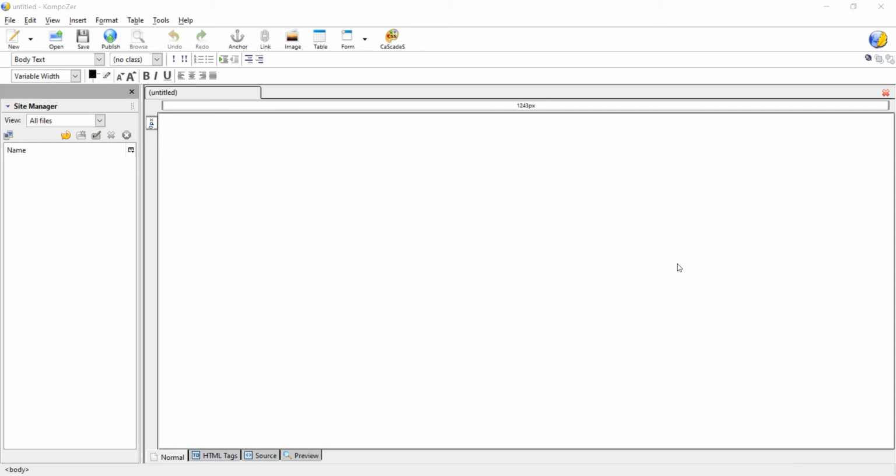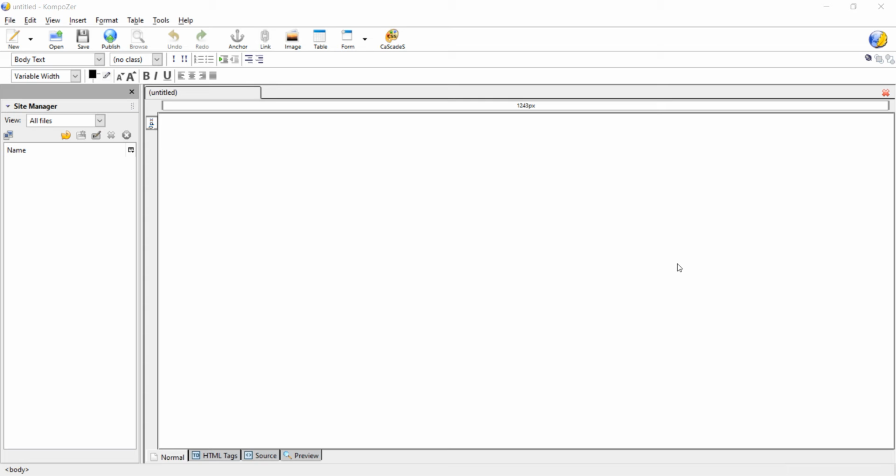In that it is explaining how to insert a table. Okay, there are two types of tables, quickly and precisely. Quickly means ready-made boxes are given, 8 rows and 8 columns. If you want to create tables immediately, then you can use this quickly button. If you want more than 8 rows and 8 columns, at that time we have to move to the precisely tab. Okay, and the third box is given, that is cell. In that we have properties of the tables. Okay, so we will start here.